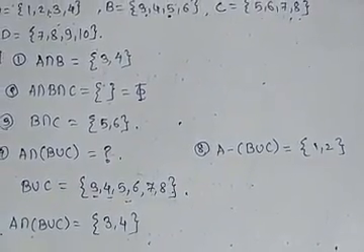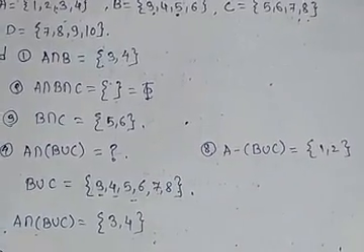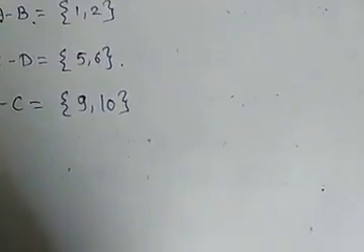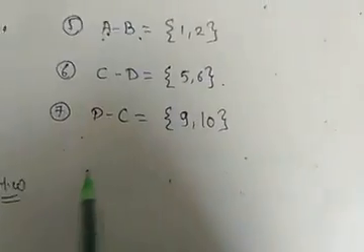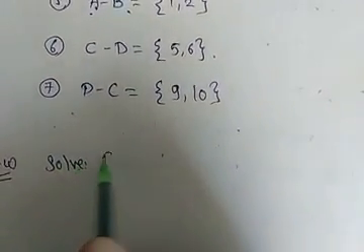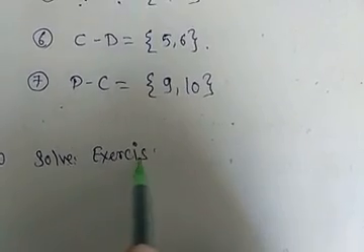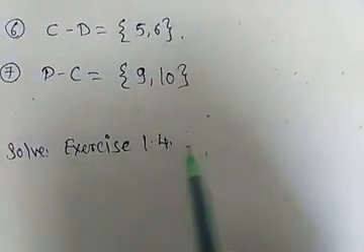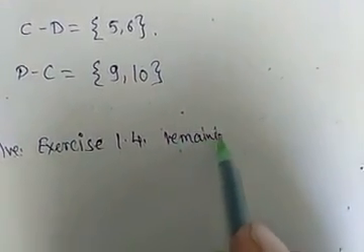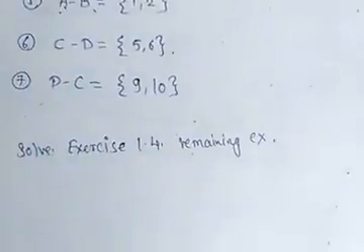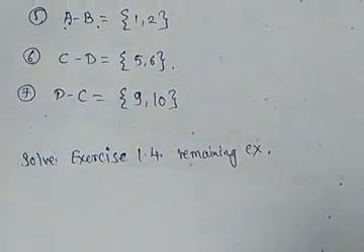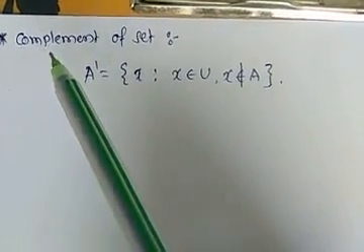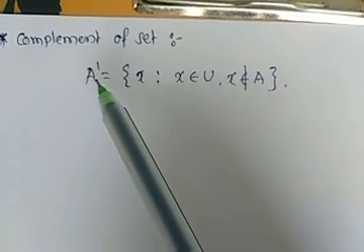Okay, these are some examples related to union, intersection and subtraction of two sets. For homework, solve exercise 1.4 remaining examples. Now the next topic in Venn diagram representation is the complement of a set, and its definition is A